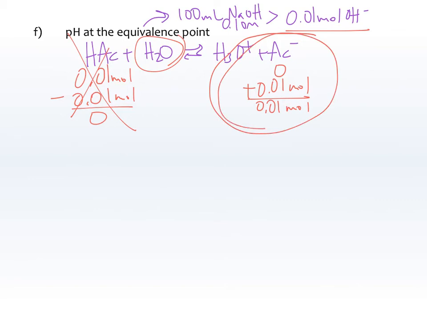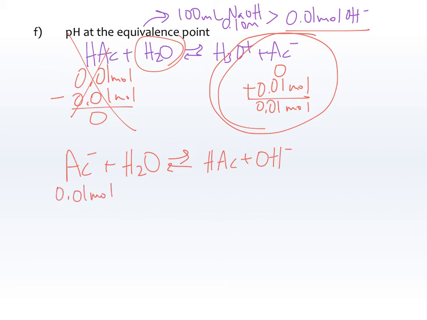So we're going to write a brand new equation. And our brand new equation is going to look like this. AC minus plus the water is going to make HAC plus OH minus. Remember, AC minus on its own is a base. And the number of moles of AC minus is 0.01 moles. And the total volume is the 100 milliliters of base plus my initial 50 milliliters of acid? That's 150 milliliters. So 0.15 liters. 0.01 moles divided by 0.15 liters is